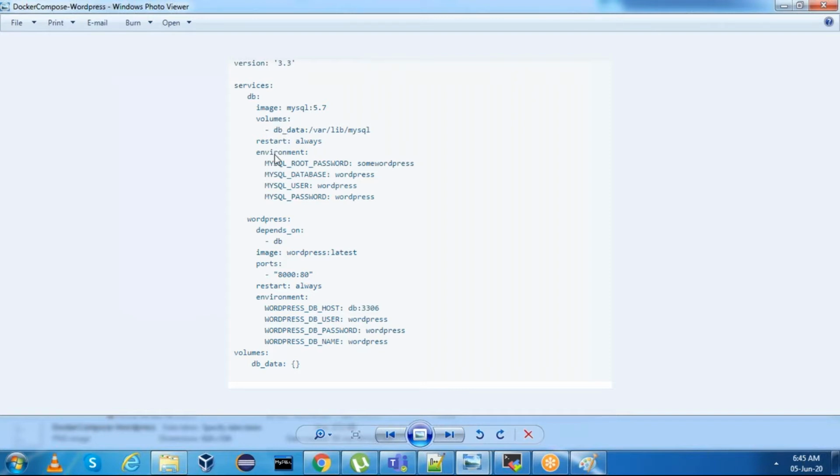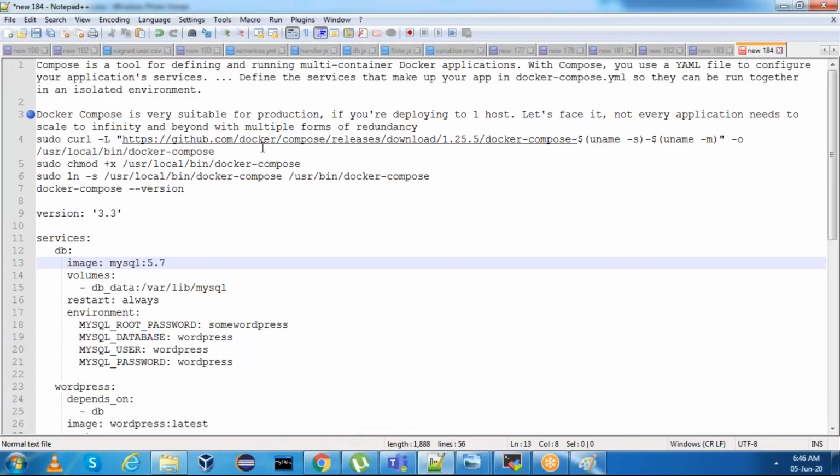And environment. For MySQL, I need to create a username, password, and I need to have a database access as well. That's why these are the environment variables which we need. This is the database service. And as I said, Compose is used for building multi-container applications.